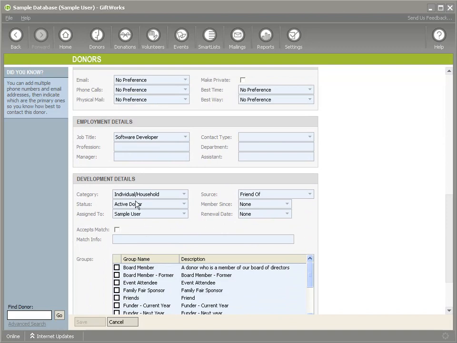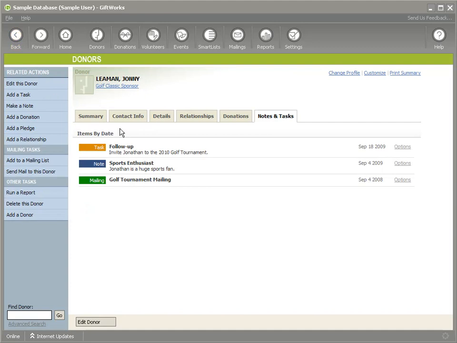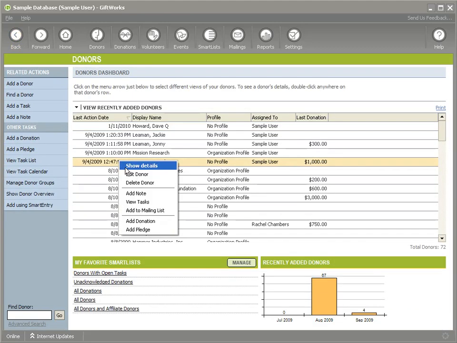He has some information down here about the categories: an individual, household, he's a friend of, and a job title of software developer. If I edit Jonathan Lehman,